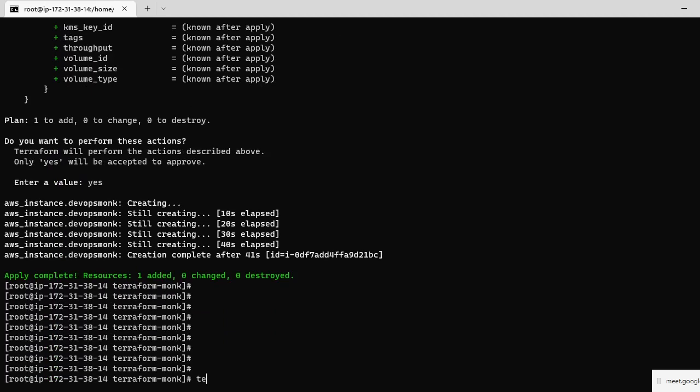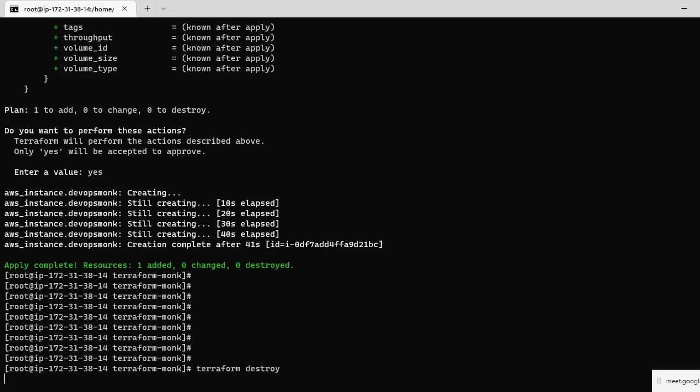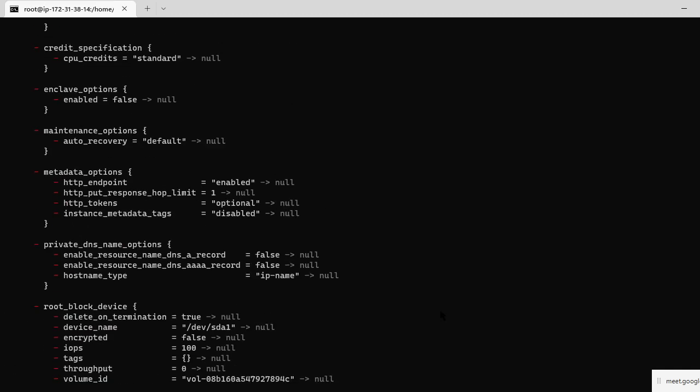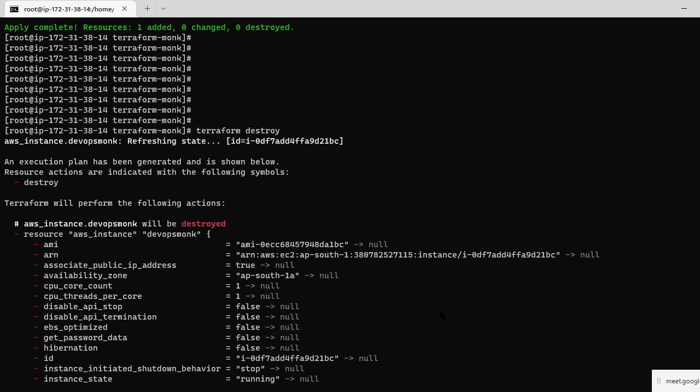Terraform destroy. So it is deleting, so everything is minus. Above everything was plus, and now everything is minus in red color.